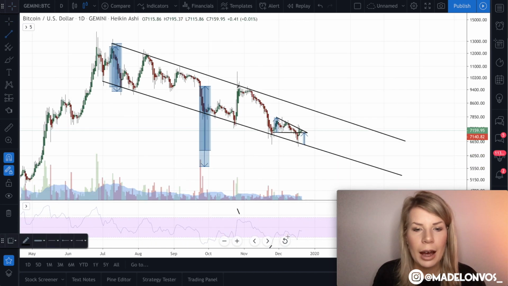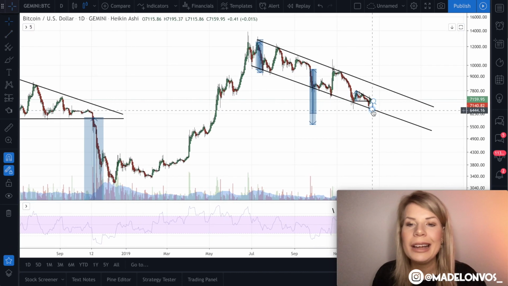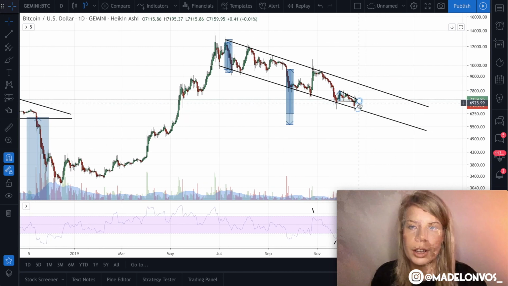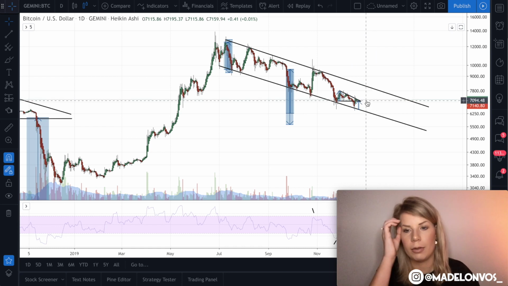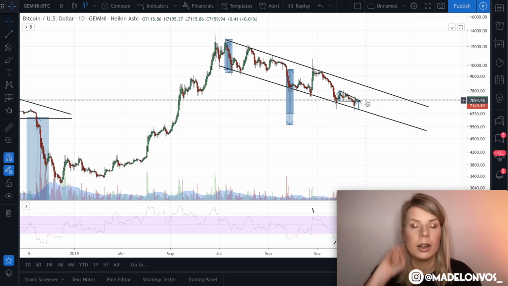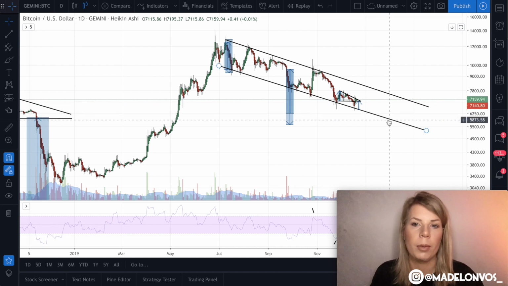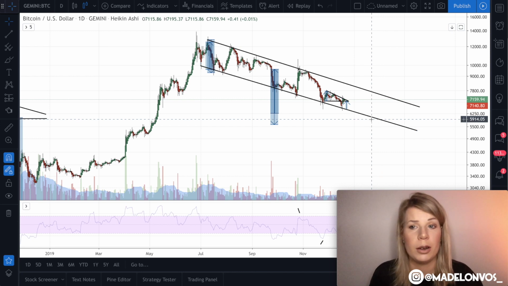Here we have bullish divergence again. Yeah, I also showed you what was going on at this chart. I really hope that the price is going to go upward again, but probably it is not going to. Yeah, we're not going to have high prices right before the end of the year. There's a good possibility of price going down more and more and more, and maybe then upwards again. But yeah, I hope we don't see the 5,900.